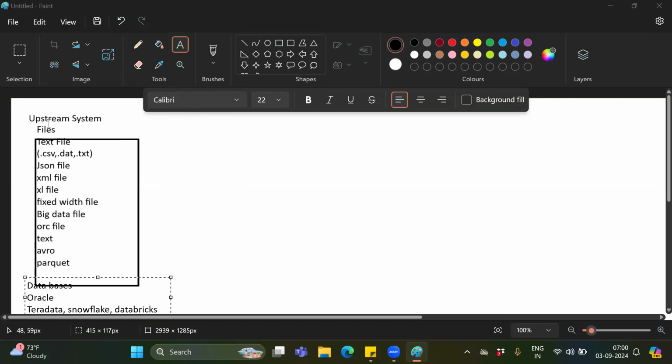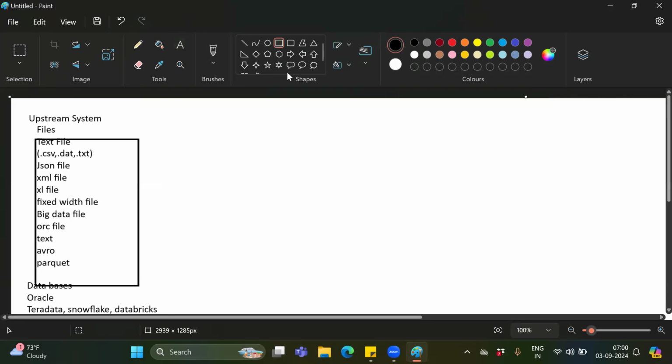This upstream system will give you the details of file name, column names and sample data. If it is a new table or a new file onboarding into your project, then you need to have a call with them. That is very, very important.